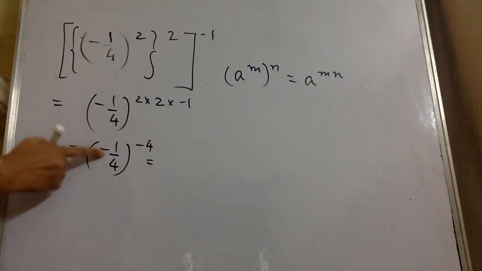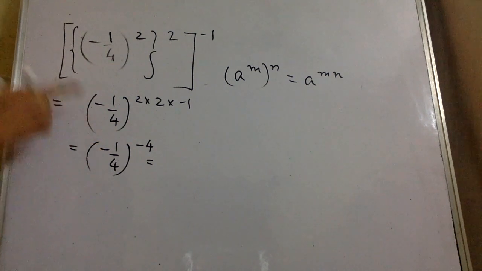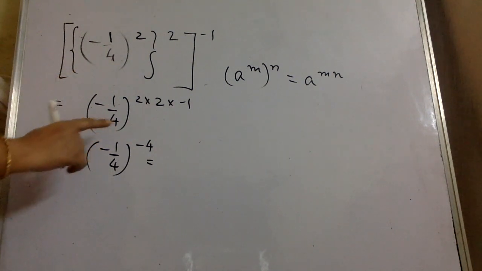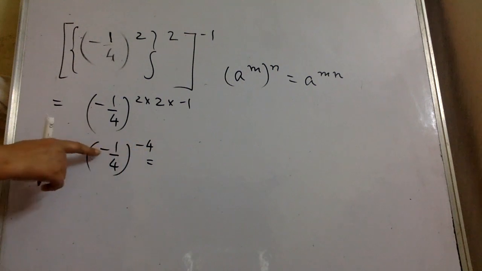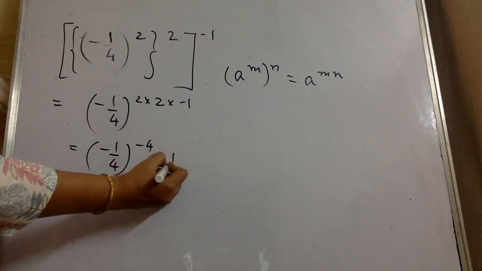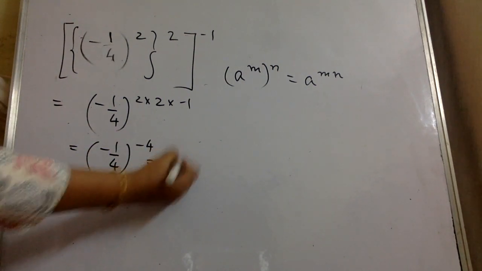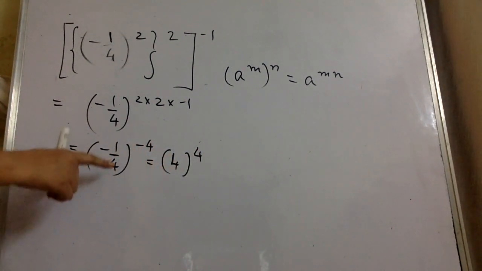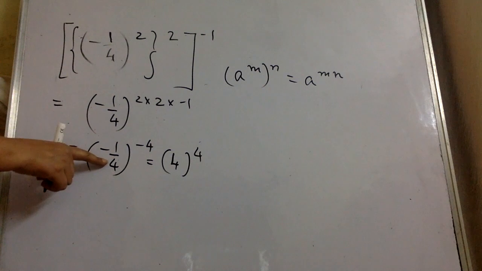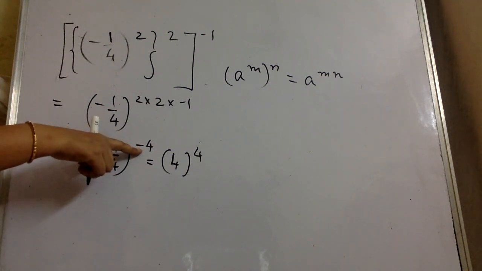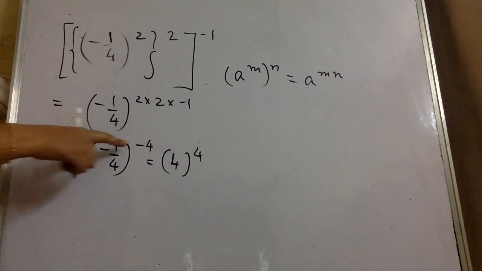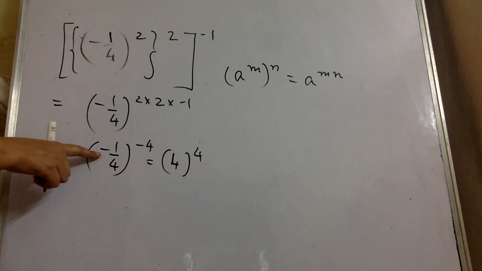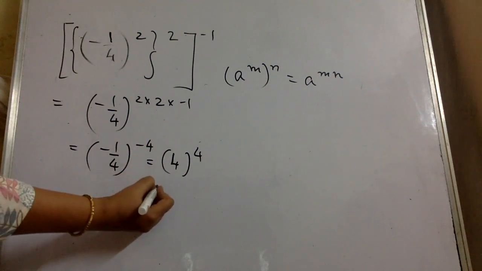And this minus can be gone now, you can delete this, you can remove this minus now. Why? Because there's an even power, so this minus can go. So I'll write 4 to the power 4, means this minus I have actually done a reciprocal for this. When I did a reciprocal, this power became positive, so I have a plus 4, and because of this even number, this minus is gone. So my answer comes to